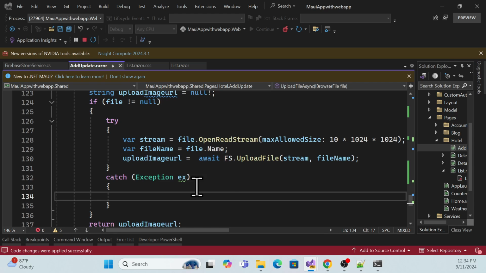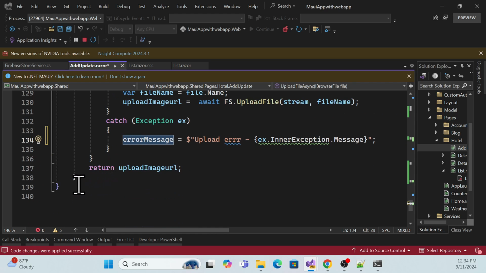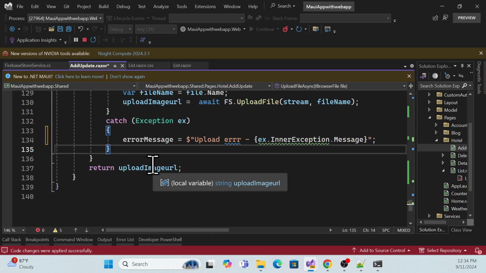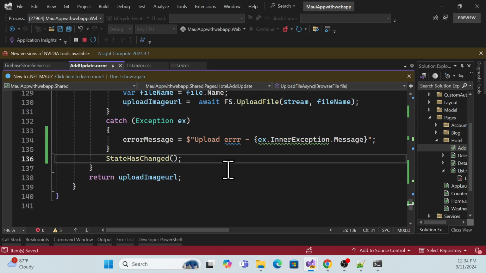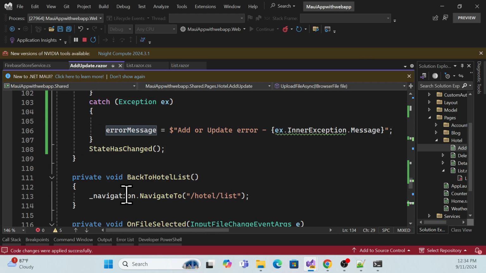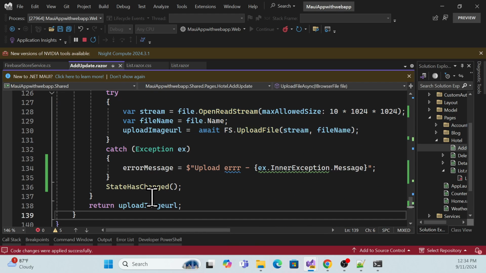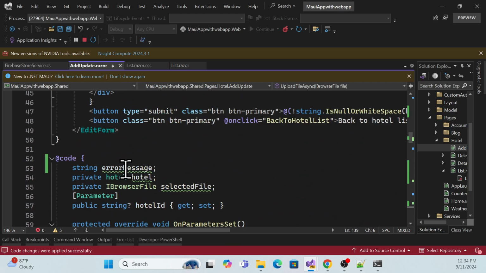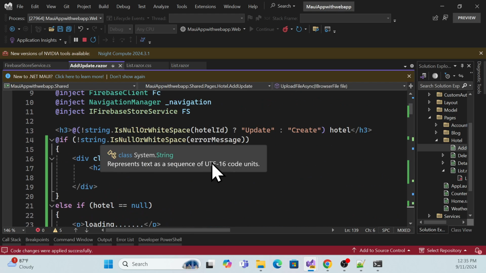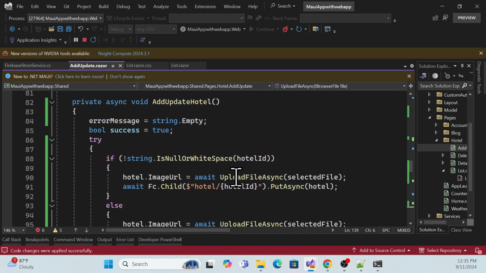So again we have to get the similar error message, whatever error message we are getting, over here, and again use a try catch, where the state changes, like whatever property we have to change over here, and it can be visible here. So the upload section is also covered, right? Whatever error we are getting, we have to populate it in our HTML. And one more thing we have to do is handle this exception,